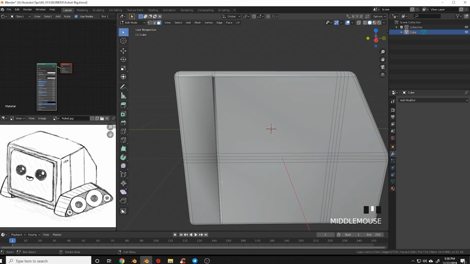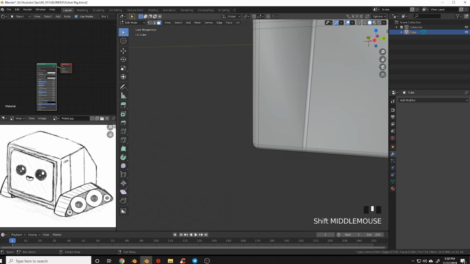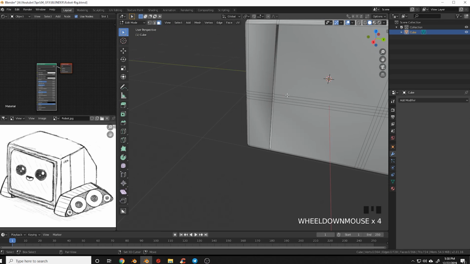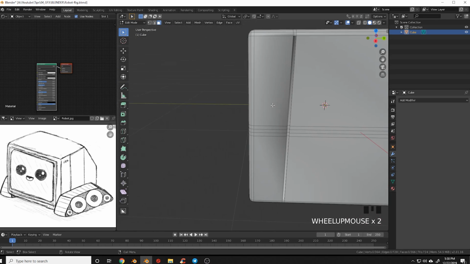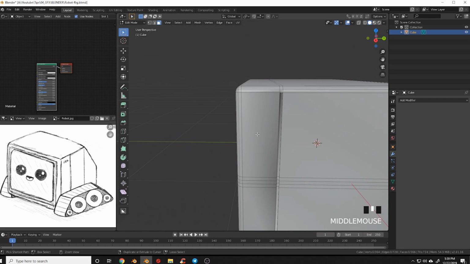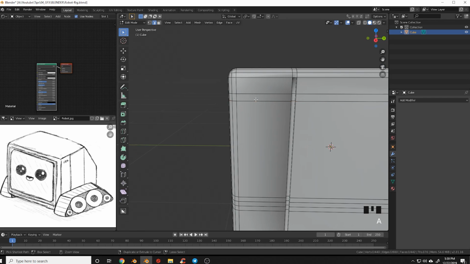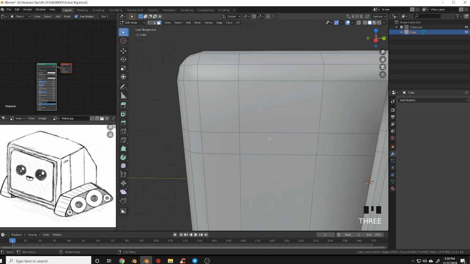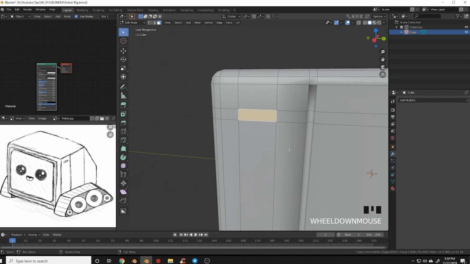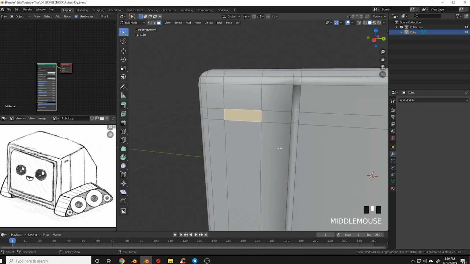And you can see that I kind of freaked out the normals there, so hopefully we can fix that in a second. And then I'm actually going to come up here and I'm going to add another edge loop and another. And I'm just creating this little power button right now. Let's go ahead, maybe grab an edge loop there, grab an edge loop there. And then I'll grab that face, and I'm actually going to extrude it in,